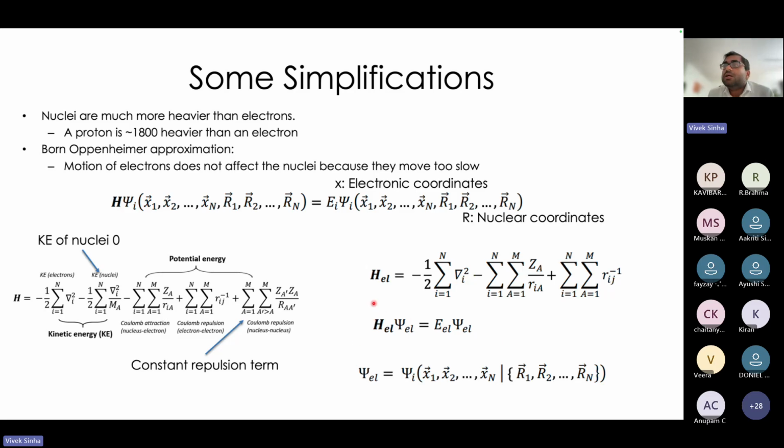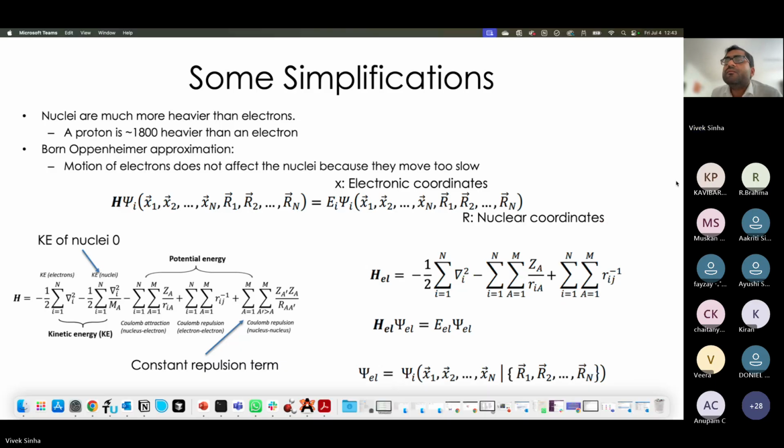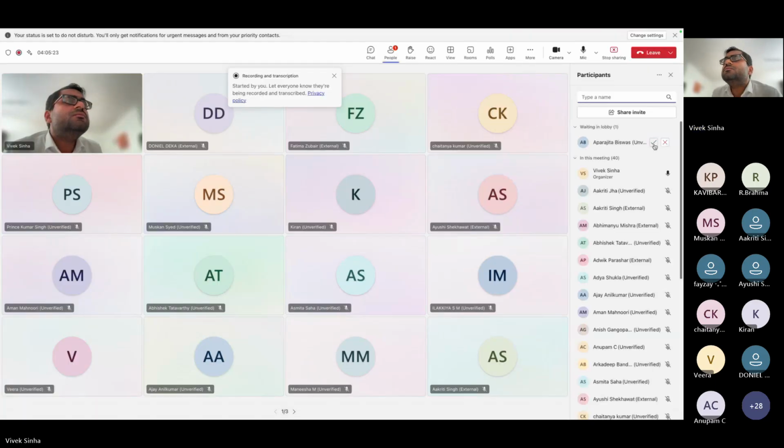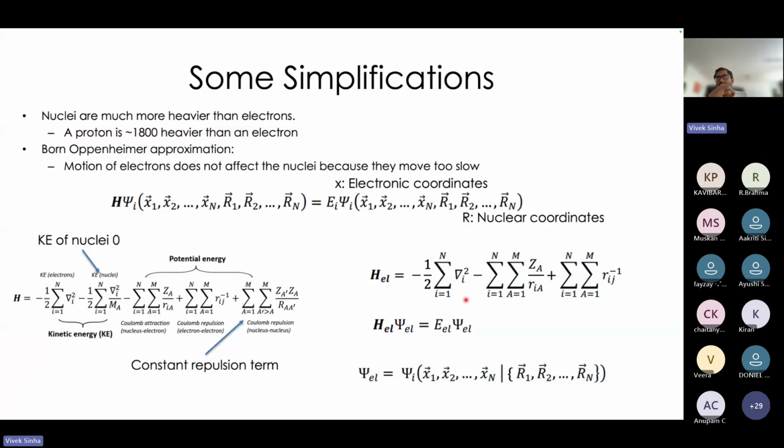And the important part is now the wave function. It is still dependent on the electronic coordinates x1, x2, ..., xn, but it becomes a parameter of the nuclear coordinates. That means you fix the nuclear coordinates, then you can have a certain electronic distribution, and you can vary it slowly in the potential that the nuclei experience, and that changes the electronic density, or vice versa. This is important because you have decoupled the motion of electrons and nuclei. This helps you do the geometry optimization because you can simply move the nuclear centers